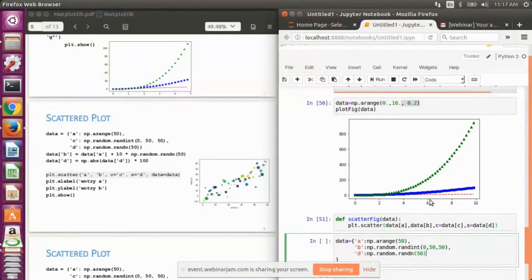That's it. That's the definition of the dictionary.